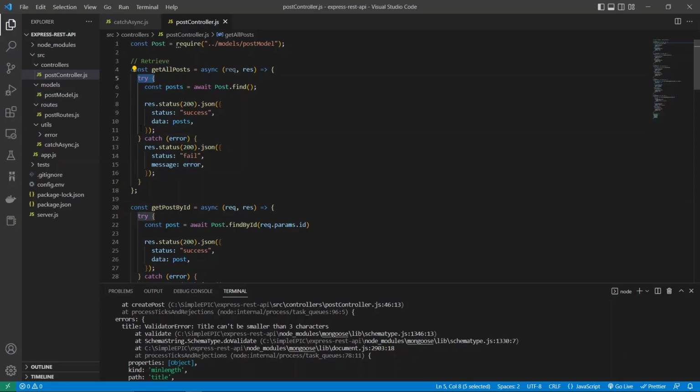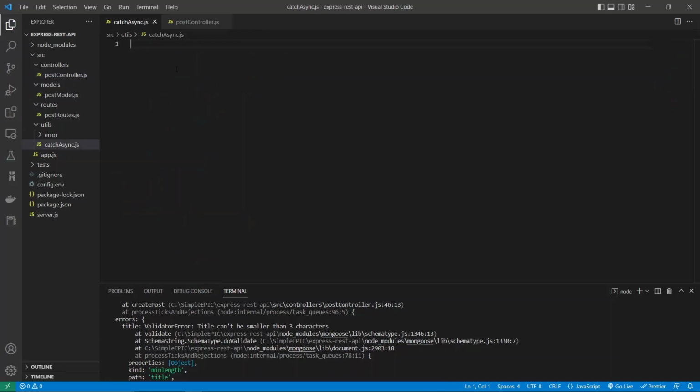So you can see the template for this function is basically try and catch. Try is the function and catch is the error handler. So I can define the function template like that, catch async function,